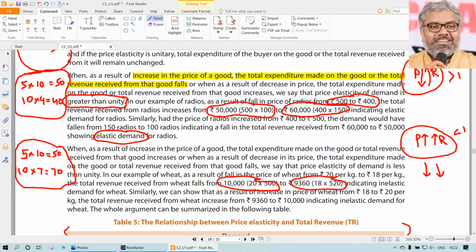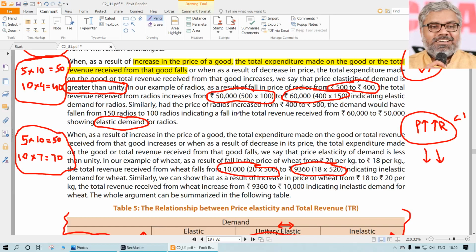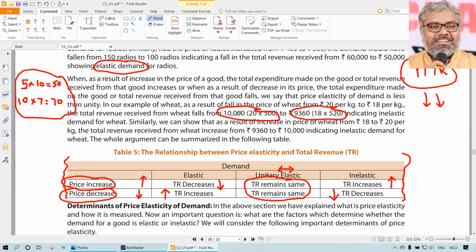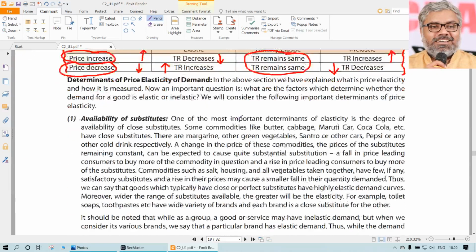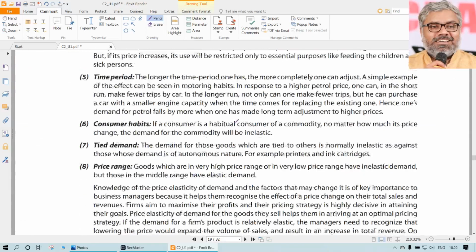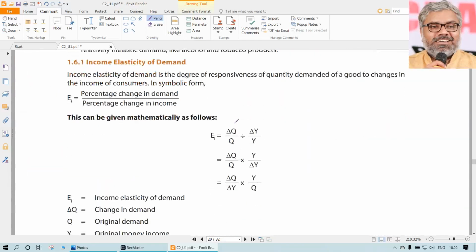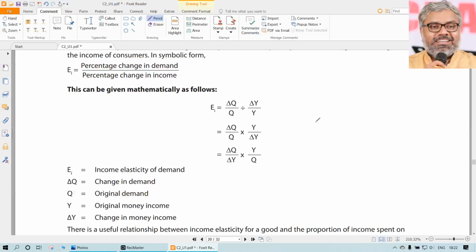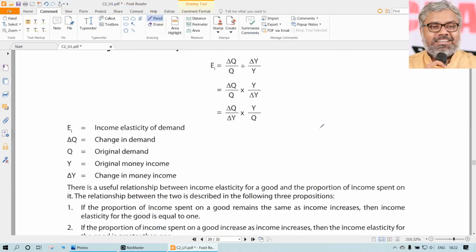With that, the technical aspects of elasticity of demand, I can say, are concluded. The most important aspects of the elasticity of demand, or the concept of demand, the theory of demand, are concluded. All that we have remaining topics are mostly about the generic things. What are the determinants of price elasticity of demand? What could be those things that will be there? And other types of elasticity of demand, like how to calculate income elasticity.